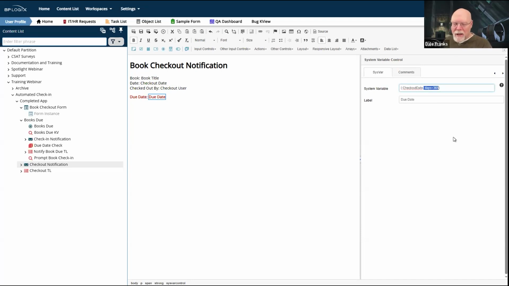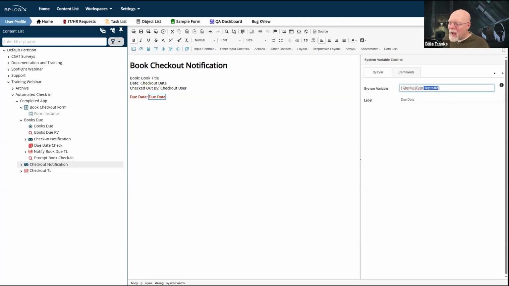Anytime that you have a date time system variable, you can advance the date or the times simply by using the days or hours or minutes modifier to just advance the date that gets returned. It's kind of like a, well, it actually kind of performs a date diff behind the scenes.